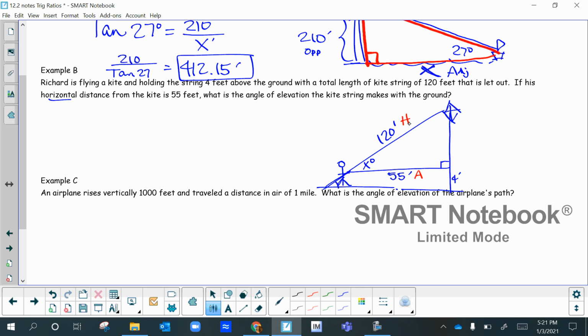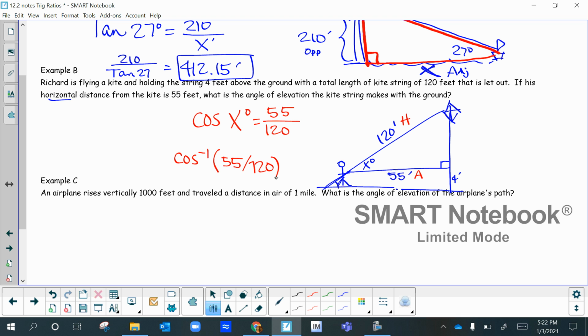So what uses adjacent and hypotenuse? Cosine. So I'm going to write cosine of x degrees because I'm looking for that. Remember, that's the angle of elevation. And then it's adjacent 55 over 120. So remember how to solve for the angle. We're going to use the inverse function